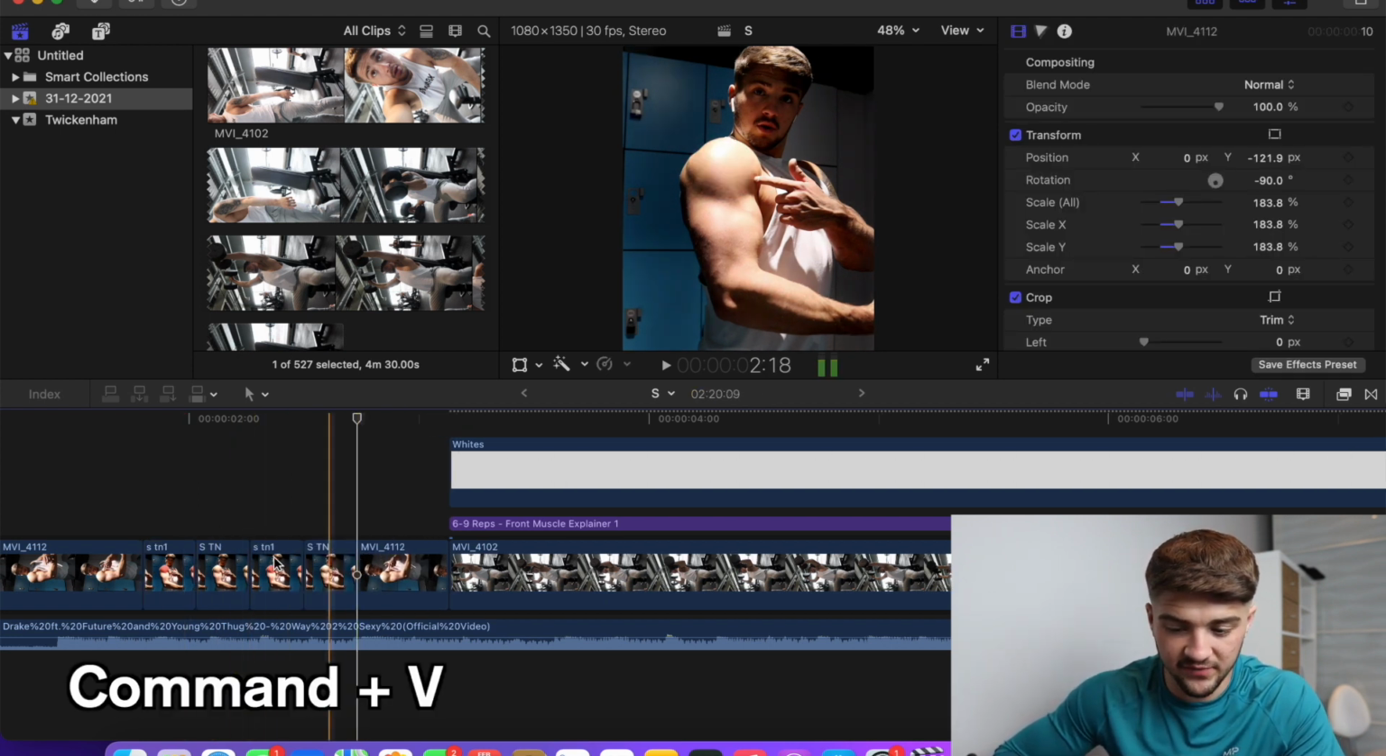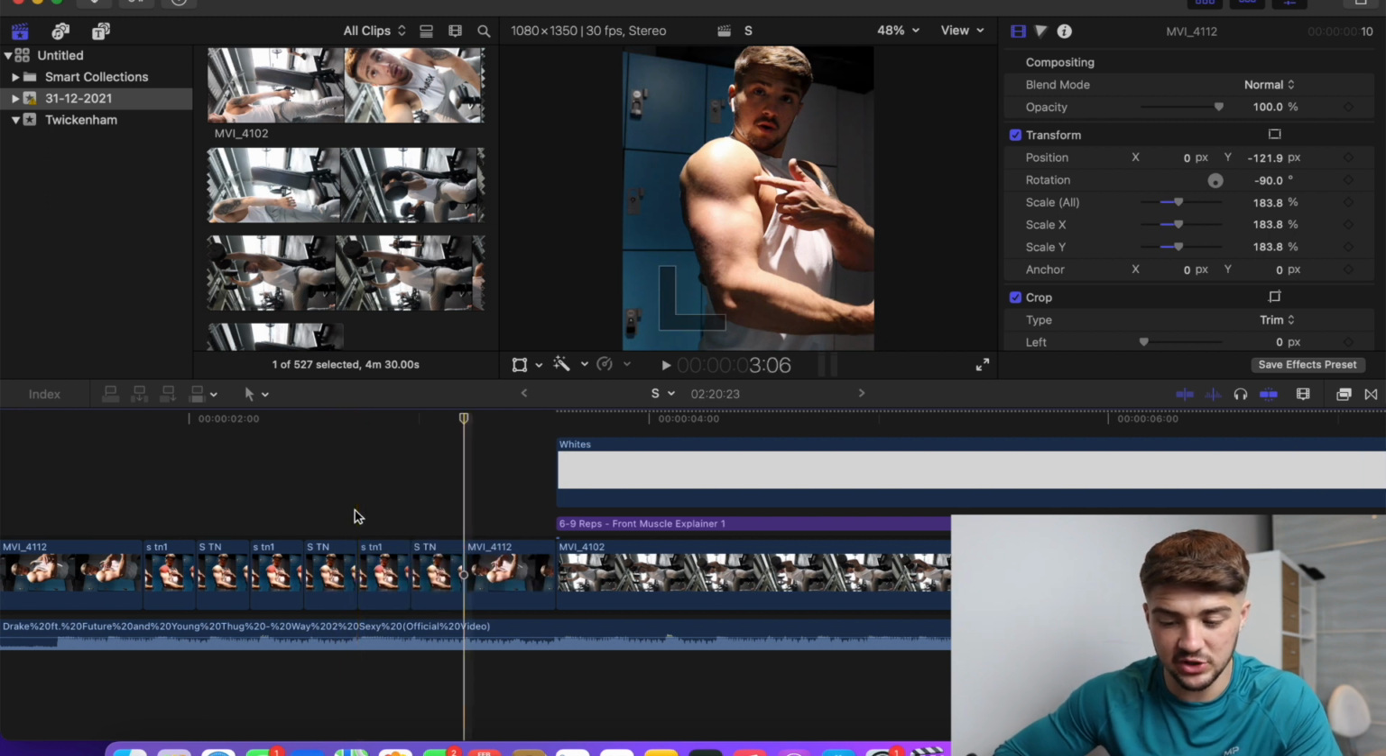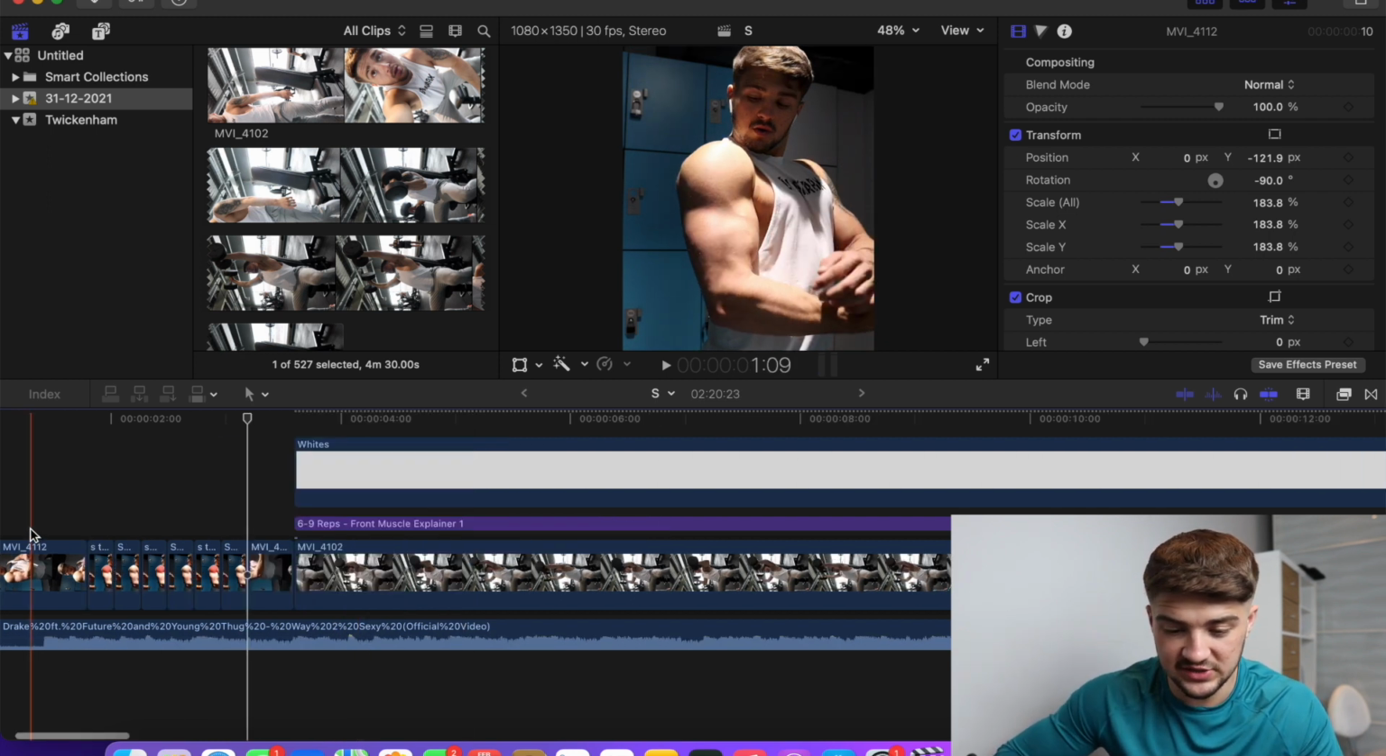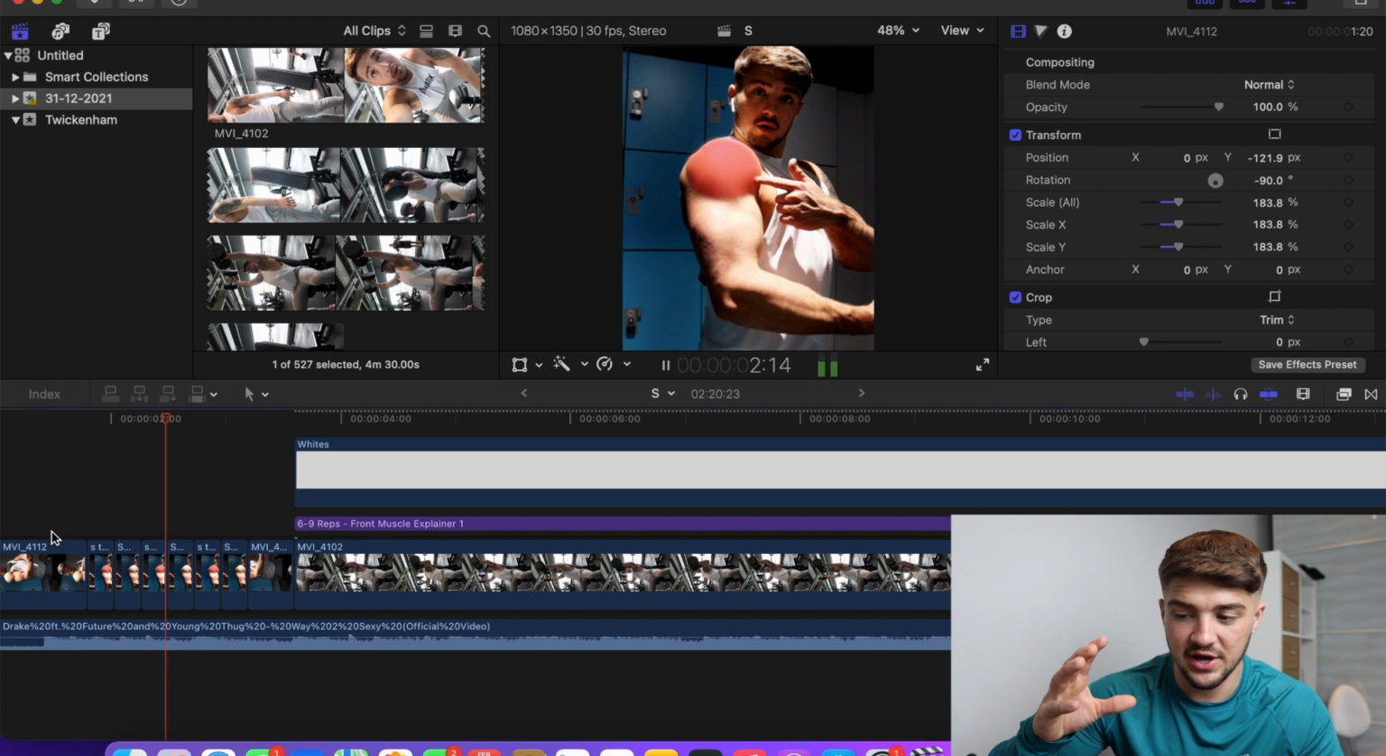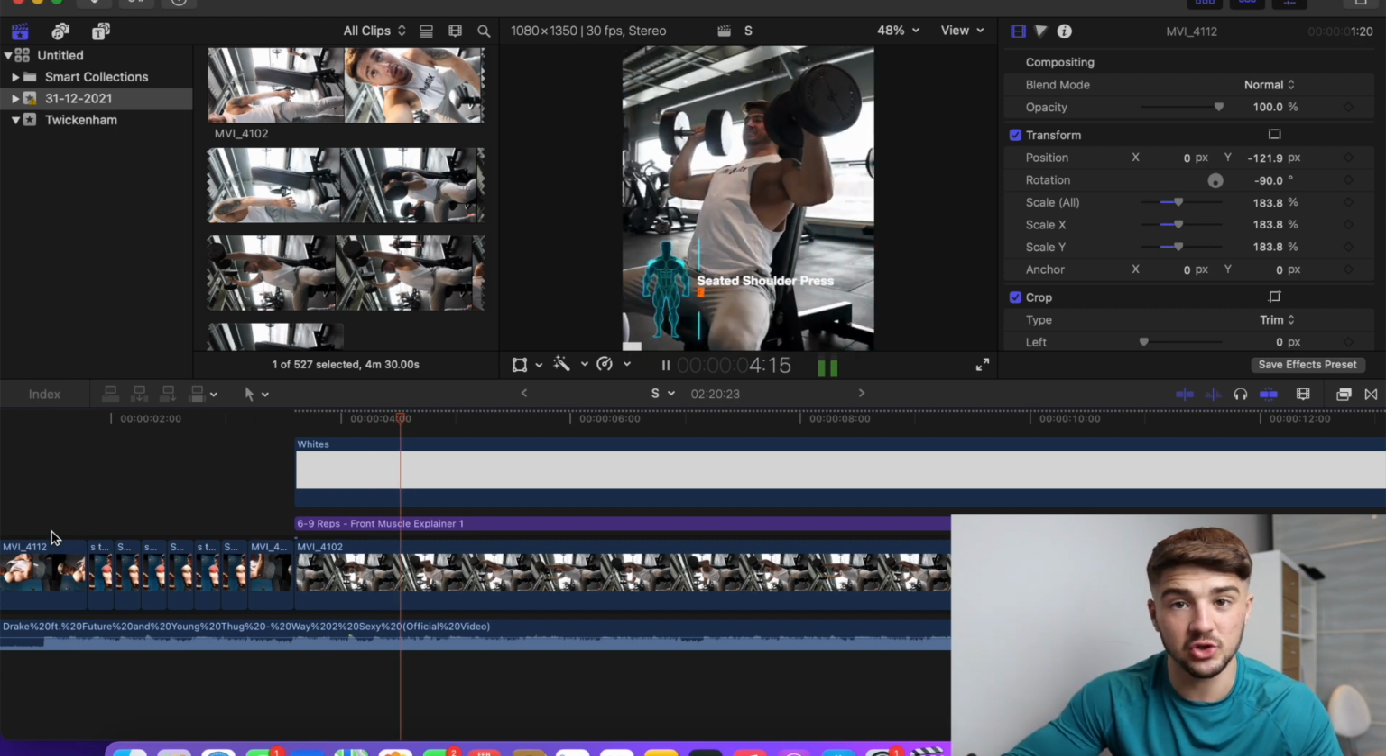the end here, Command V. So copy that flashing effect in. We're just going to do that twice. So now you can see when you watch the video, it stops, flashes 3 times, and goes straight into the